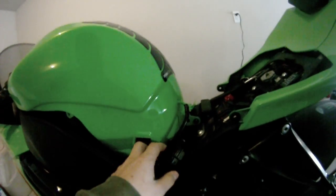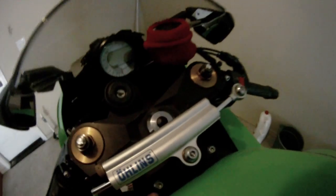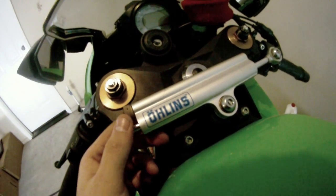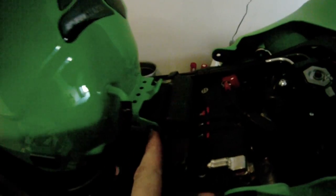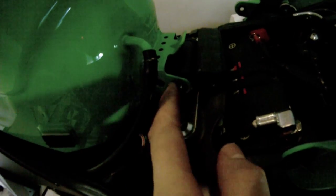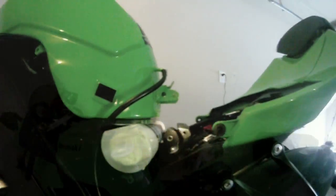and then after that, ready to unscrew these two Allen heads right here, which hold the front of the tank on, along with your steering dampener. And then there's another 10mm bolt right here. Take that off. So I'll go do that real quick. Okay, I took the 10mm bolt right there,